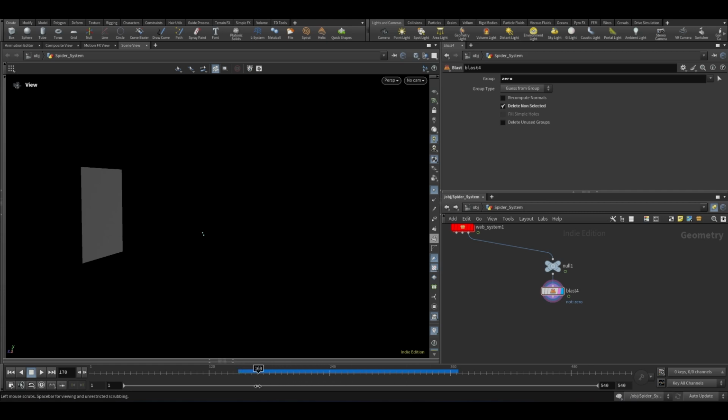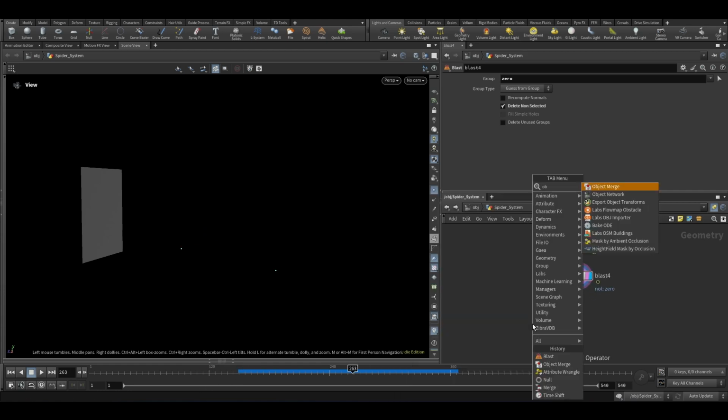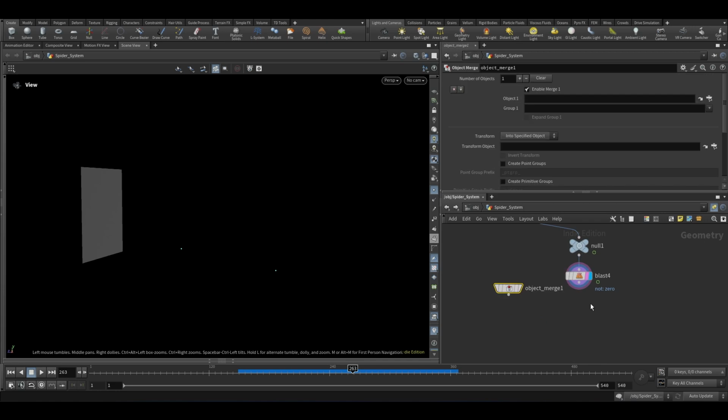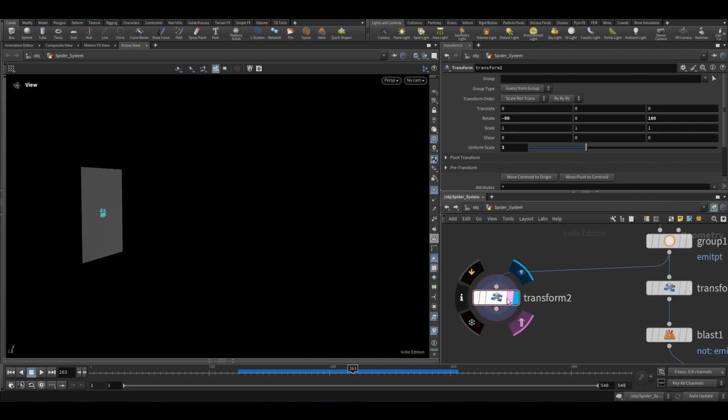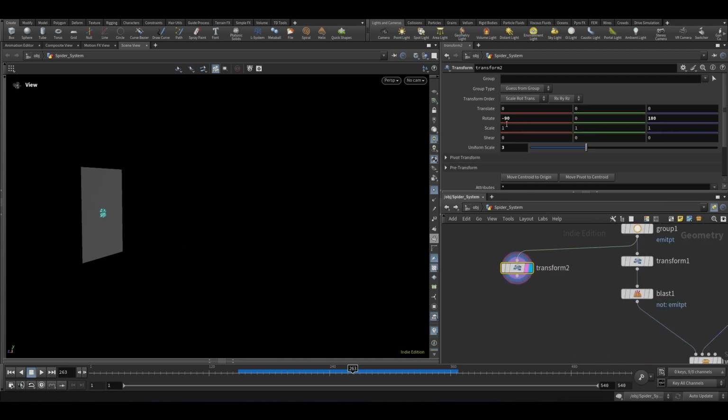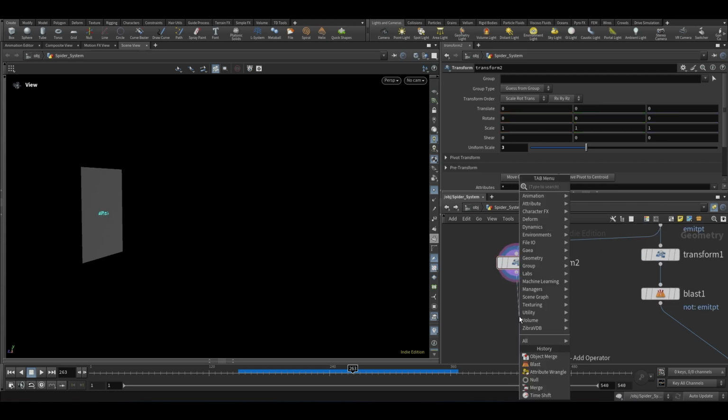So we are getting that 0th point alone. Now I'm going to object merge the spider. So this transform will copy again and will not have any translate or anything. We need it in the origin, so we'll make the translate 0 and keep only the scale, and the rotation will make it 0, everything else will make it 0, and we'll put down a null